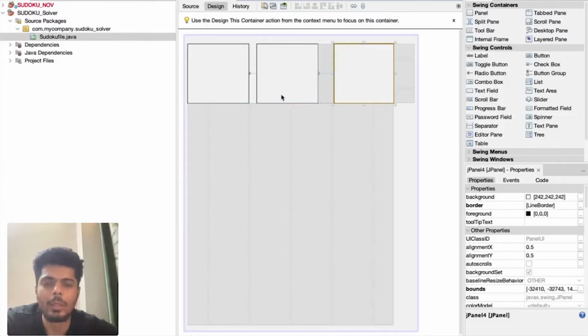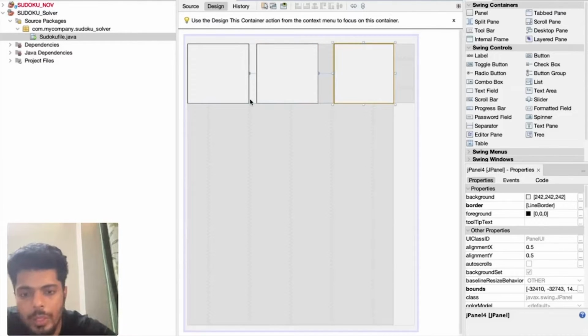I guess this is how the grids are looking, and looking good so far.